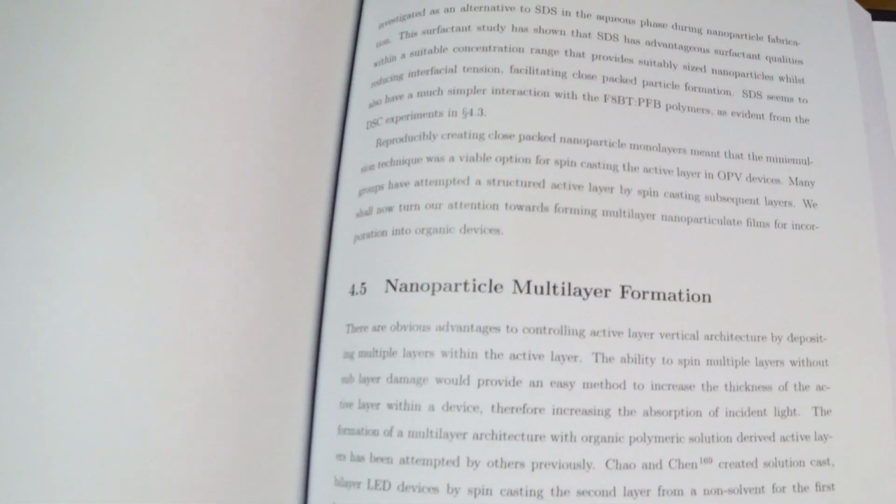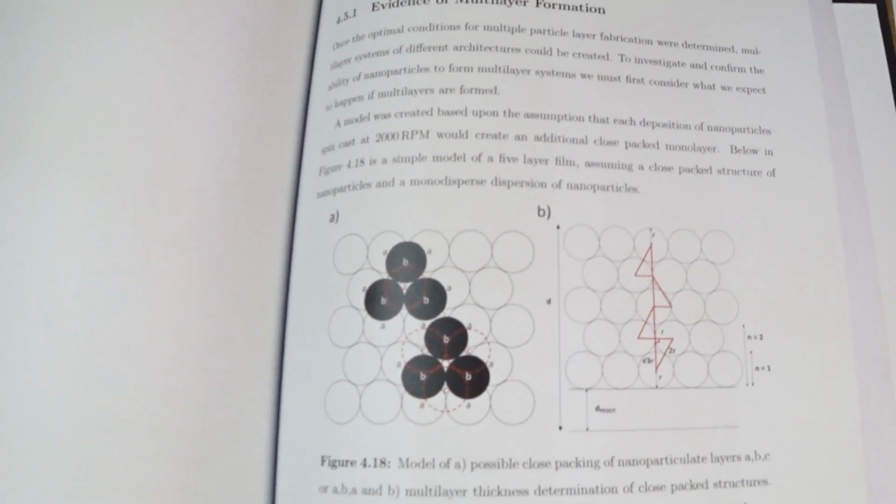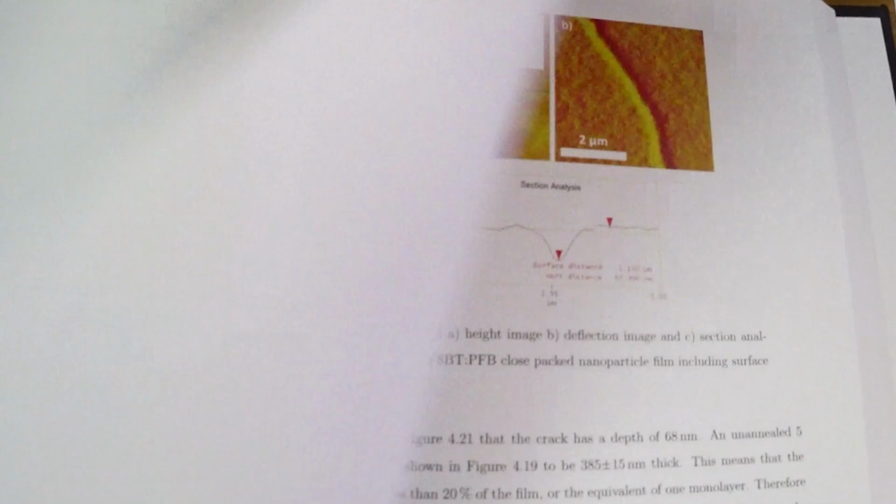The more and more I look through my thesis, the more I see where things went wrong. If I was only focused on getting the end result of a working solar cell, I would have never filled up this thesis, because this thesis is full of mistakes, of experiments that didn't go well. But as soon as they didn't go well, you need to ask yourself, well, why didn't they go well? And how can I use this to create results? How can I use this to create a table or a graph or a specific schematic that can show what I learned from this failure?